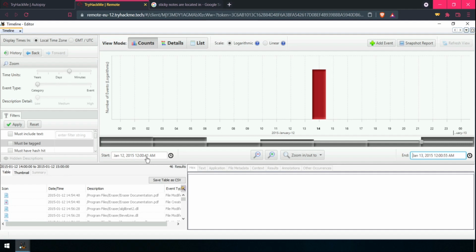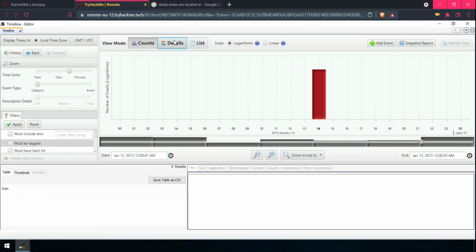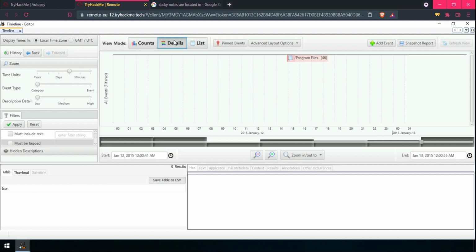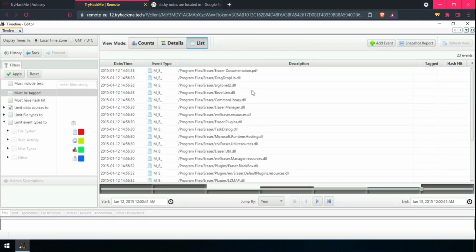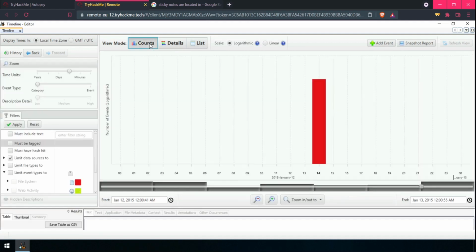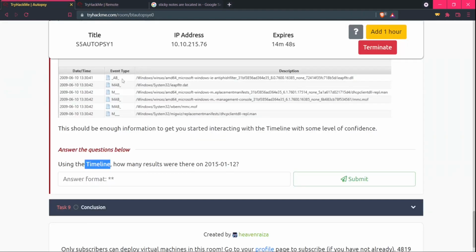You can set the time according to your results, and you can move on to the details section to get more information. As you can see, there are program files, and 46 is given to us, and we can also get the results in a list. These are the events which occurred. And in graph format we are given the count section. So that's the answer for us, that is 46.